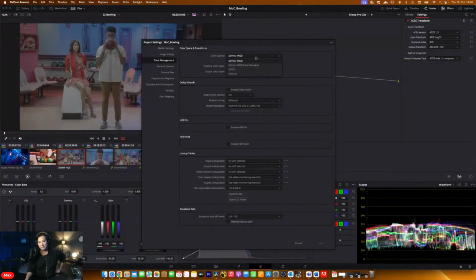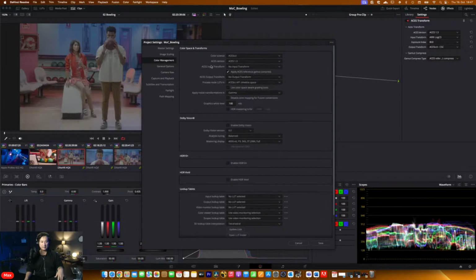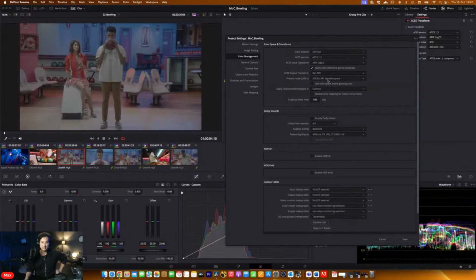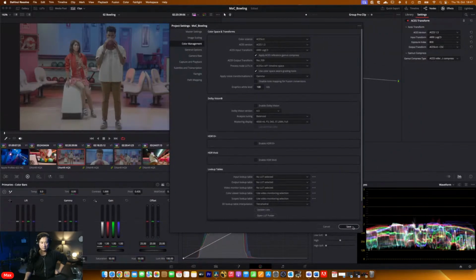Under color science, there are two flavors of color management that you can use within Resolve. The first one is DaVinci Color Management, or Resolve Color Management, and the second one is ACES. So let's use ACES in this case. We can use ACEScct and the input transform, because all of our clips are coming from Arri Alexa. We can select the input transform as Arri LogC, and for the output transform, I want to output to my display, Rec 709, and use color space aware grading tools, right? So now if I press save,